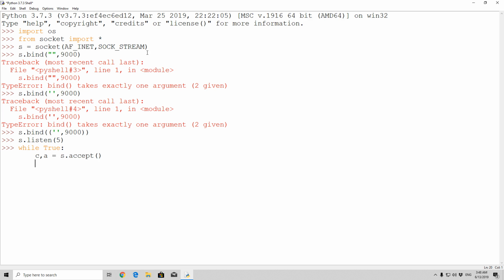Press enter here, and what you would check right here is if os.fork is equal to 0, then right here you would manage the client. So you would basically manage the client, perform some task right here, then you would close the connection, and then you would os._exit with the 0. Okay? In the else statement,